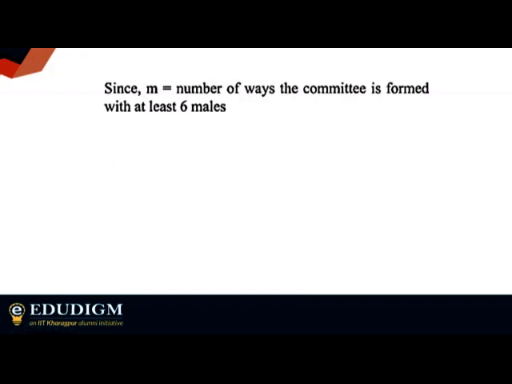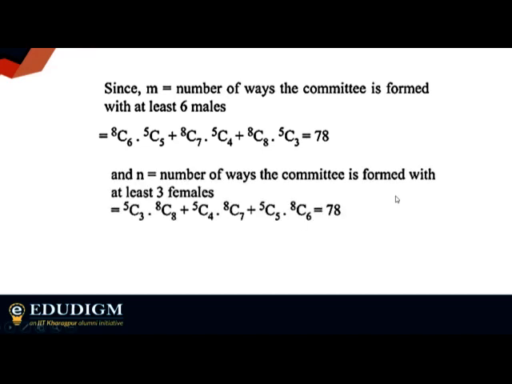So see, this is what we have taken: at least six male members. There are actually total 8 male members. So what are the cases? You can take 6 male members. If you take 6 male members, as you understand, total 11 people are there, so you have to take 5 female members out of 5 female members. Similarly, 7 male members and 8 male members. So this is something we have got up to this one. I think after this one, you can also calculate what you will get in terms of the female members.